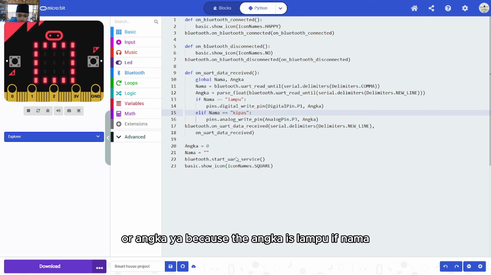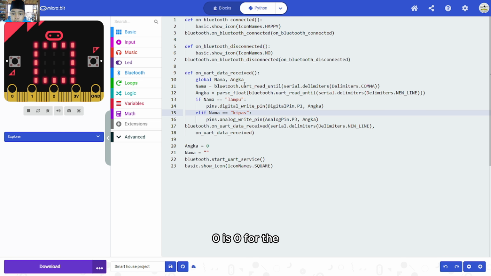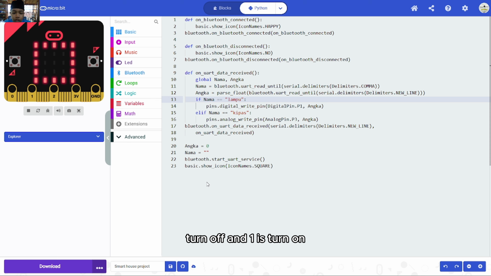Usually when we use digital, we use 0 and 1: 0 is turn off and 1 is turn on.